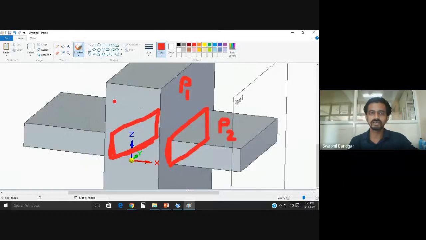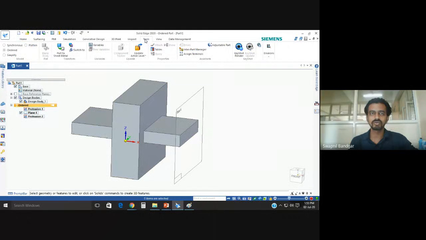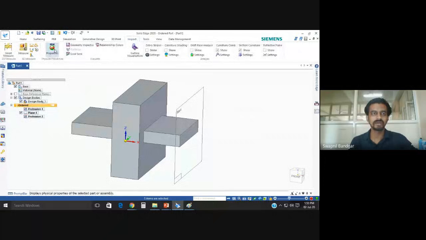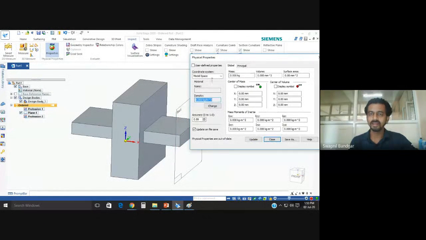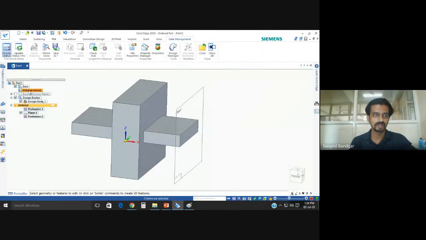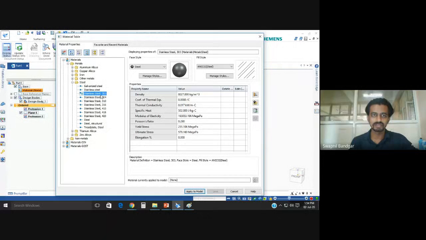If you want to calculate the mass of this cube, I will go to Inspect, then MV properties, and I will apply a material to this. Here is a material; if I double click on it, I will give it steel. This is steel 303 grade, and I will apply it to this model.